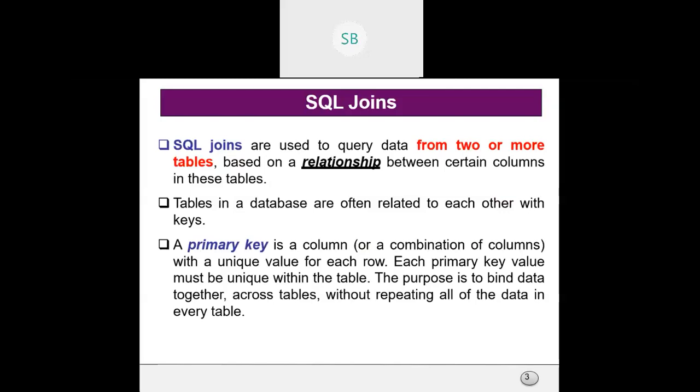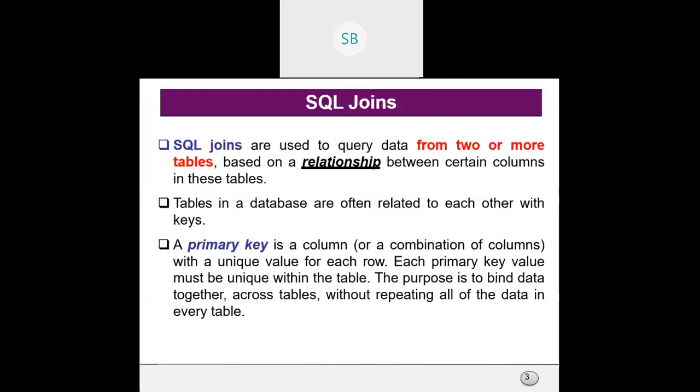There must be a relation, like I discussed, the primary key and foreign key relation. Suppose we have a department table and an employee table. In the department table, department number serves as the primary key, and in the employee table, department number serves as the foreign key. That is how you relate them. We'll check this in the examples.